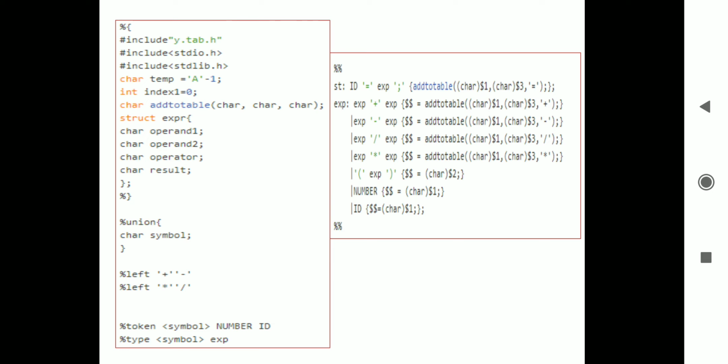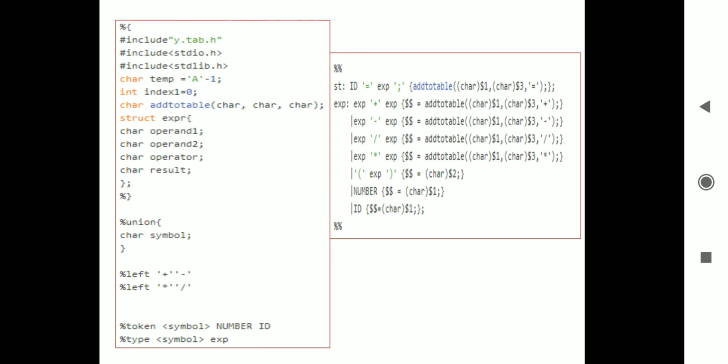An expression is the summation of two expressions, subtraction of two expressions, division of two expressions, multiplication of two expressions, or an expression in brackets, or a number, or an ID. So this is a particular context free grammar. It is written here with the proper action, which is written in curly braces, and it must be written in the translation rules.